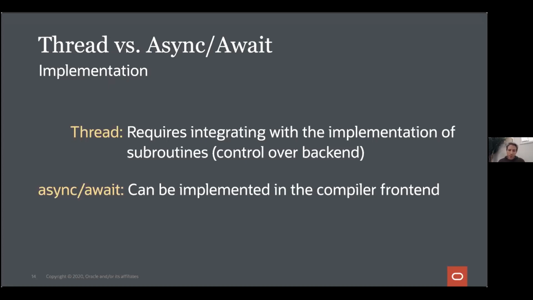So some languages don't have control over the backend and access to the low-level representation of subroutine frames, so they simply have no choice. To get an efficient implementation, they must use async await, despite its considerable shortcomings. For example, Kotlin. Kotlin compiles to Java bytecode, and the Kotlin compiler is a front end to the Java virtual machine. But it has no control over the design of the Java virtual machine, which is the backend, and cannot access the required internals. Kotlin also compiles to JavaScript and Android, two other backends it doesn't control, which is why async await makes sense for Kotlin.